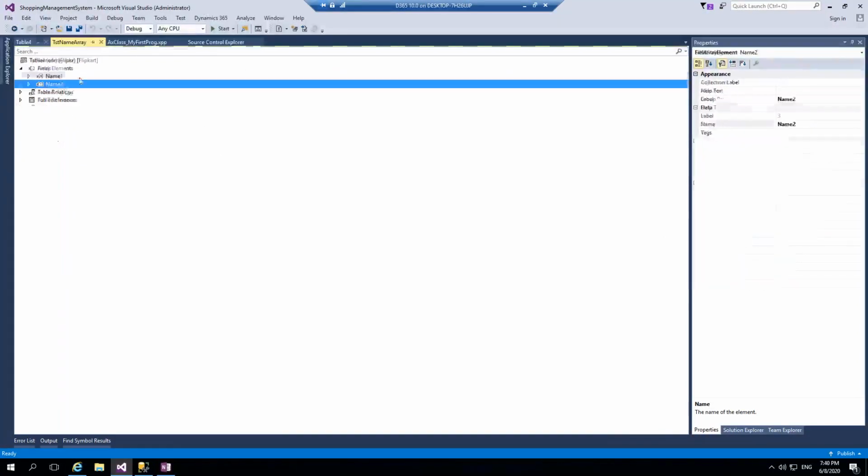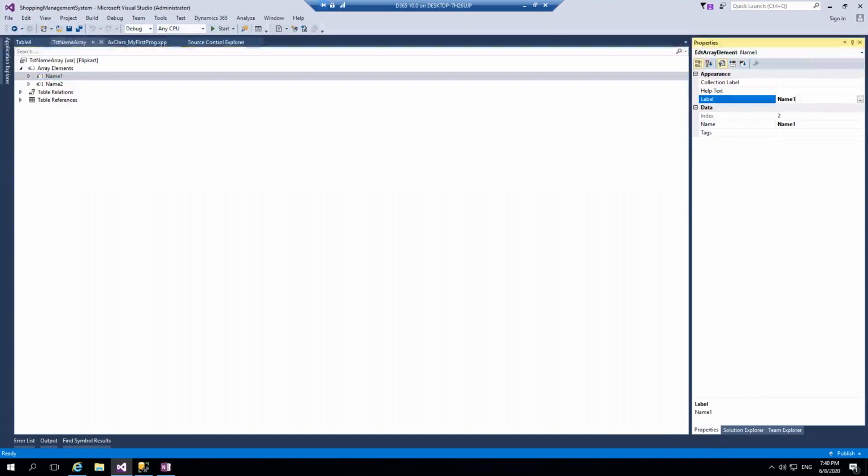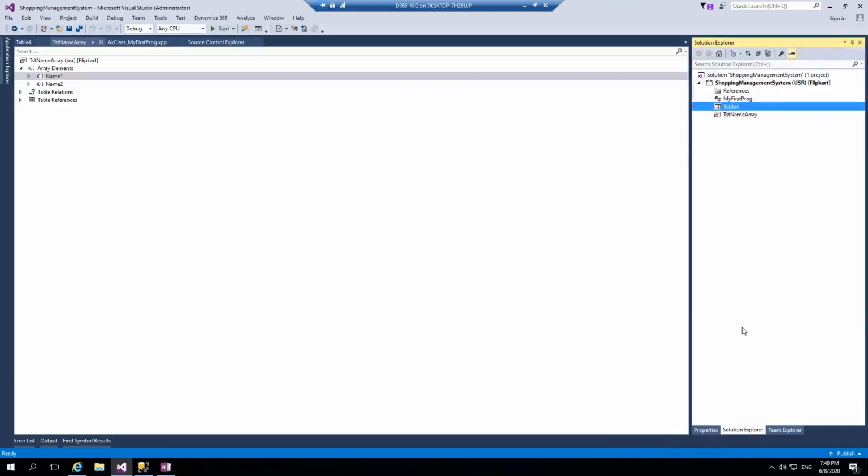You can see here THTNameArray name. This is my name. Then Name2, we have the Name2. Name1, we have the Name1. We need to update the labels. What I have done is I have hard coded the label text, but we should never do that. So what should we do? Instead of hard coding them,